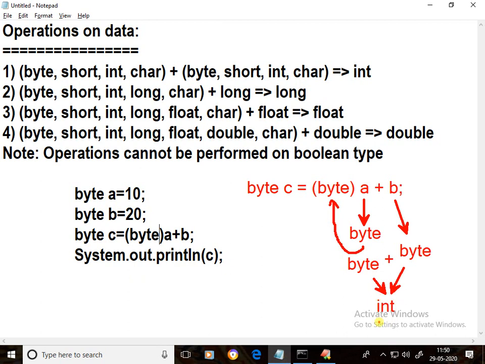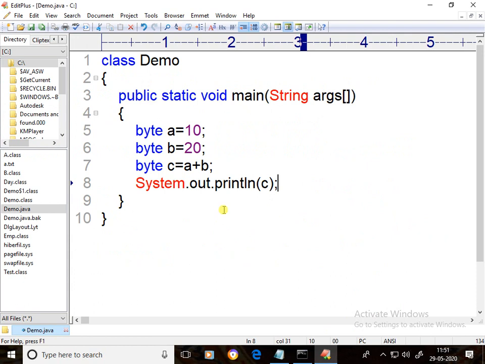This integer, if you assign to byte, again we'll get the same error, because we have to convert the result of a plus b. But what we did in this code snippet, only a we converted as byte. Actually what we have to convert is the result of a plus b. If you write like this, this code snippet will not compile. I'll show in a program.